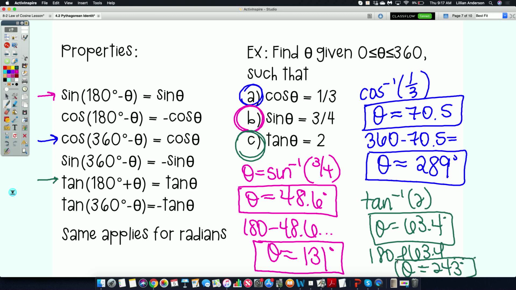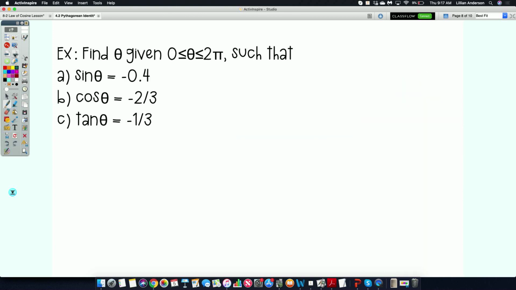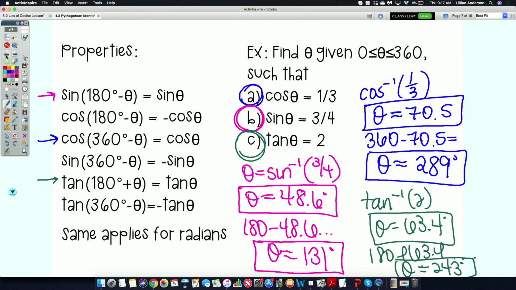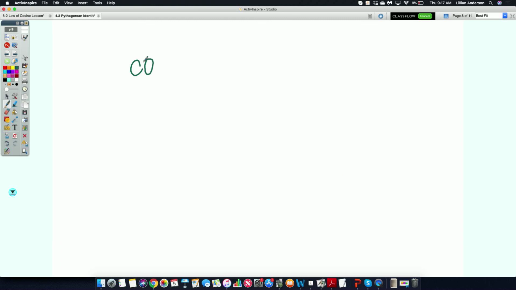Simple enough, yes? Make sure we're aware of our signs and our quadrants for where they're positive and where they are negative. For when you're choosing which one of the properties you use, so if cosine theta was negative 1/3, you would use the 180 minus theta for it. Cosine is negative in the second quadrant and in the third quadrant. So if cosine theta were a negative 1/3,